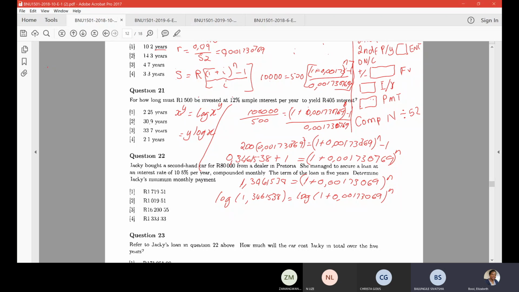1.3461538, we must apply it that side. And on this side, it will be n times the log of 1 plus 0.00173067. And this is because we said if we need to take the log of x to the power of y, we can also write it as y log x. And that's what we're doing here. And this side will still remain the log of